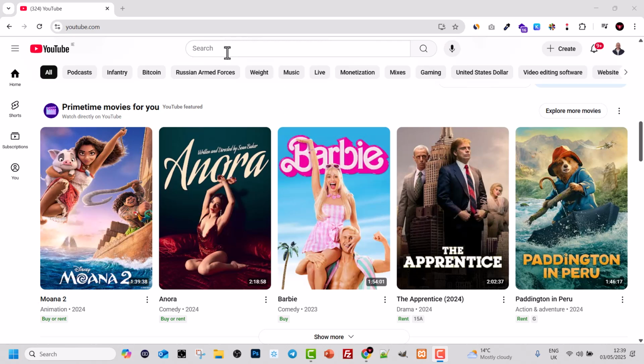But if you want to start over and delete it, the first thing you need to do is log in to your account here in the top right corner. Once you are logged in to your account and you go to the YouTube homepage, you will always see all videos which are related to your latest searches. But if you want to delete it and completely clean it, then here in the left hand side corner,